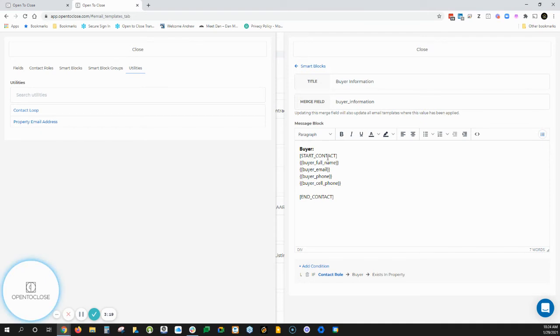So by putting this start contact here and the end contact here, what it's going to do is look for all the buyers in the transaction, and it's going to list this information. It's going to put a space here because I added a space before the end contact, and then it's going to list your second buyer, and then put a space and list your third buyer. It doesn't matter if you have 15, 16 buyers, it's going to list them in this email in the proper order. So create a smart block out of this, and that way you don't have to enter all 4 of